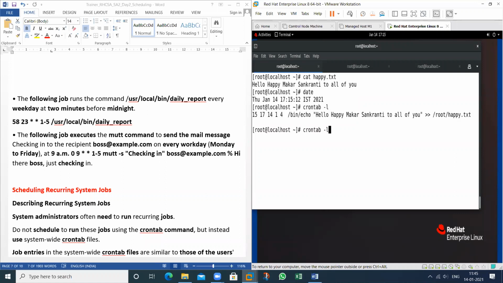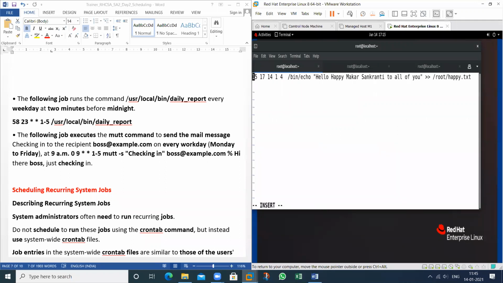If I want to do some other thing like again on this 17:17, same thing, create a directory. I want to perform a command mkdir.